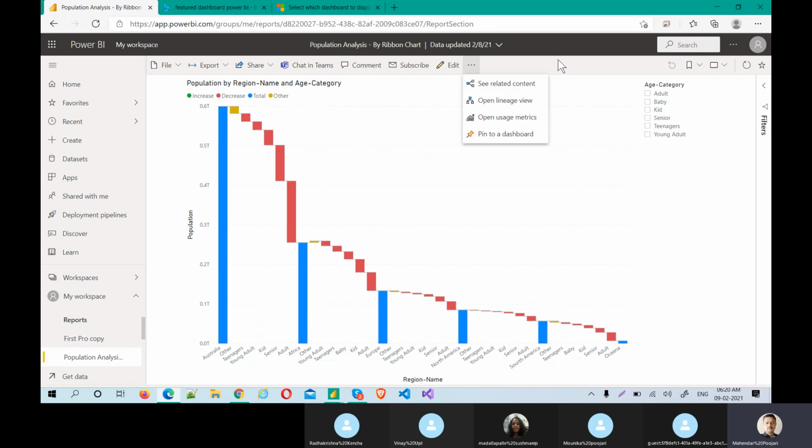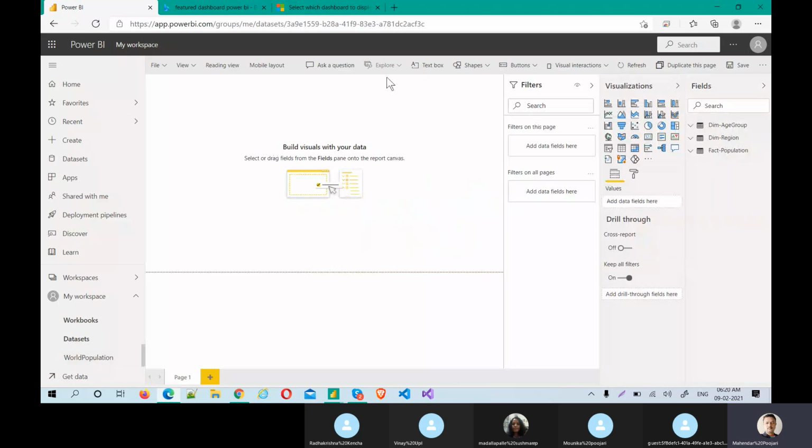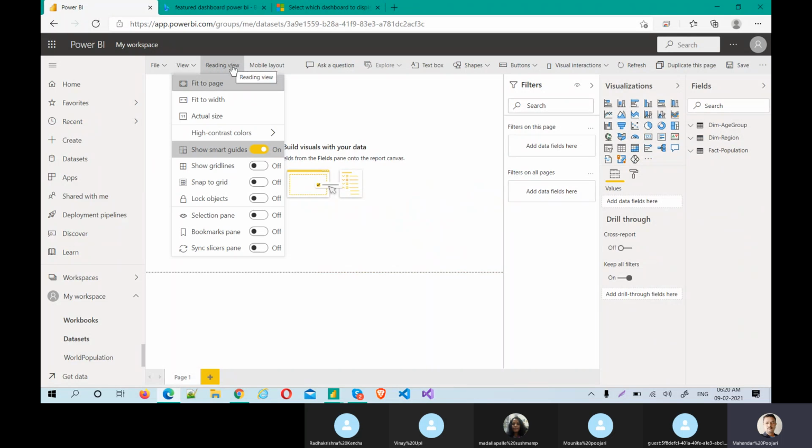Okay, what is the dashboard backend? So that's how it is. Now let's go to data set. And make sure I'm covering all of them. Okay, yeah, in the data set also the same: file, save as, print, view. Okay, yeah, in the view there are three things. These options are also available in the desktop: fit to page, fit to width, fit to size.